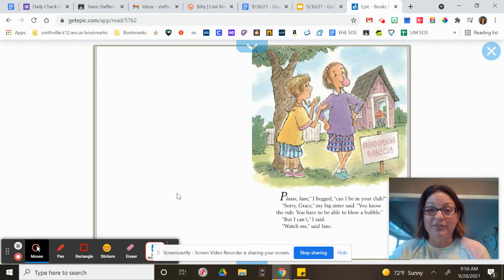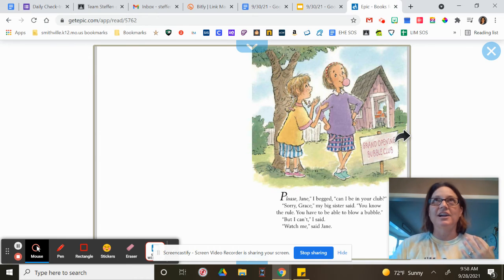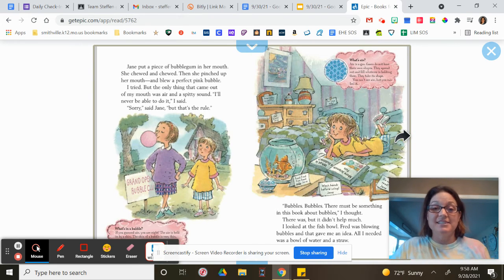Now, sometimes when we read books, the voices may change. But did you hear the difference? Each character had their own voice and they sounded a little bit different. Now, when the author was writing this book, they gave those quotation marks for each of those characters to come alive, and their voices, their reading like the character is different. Now, even if I go down here, this is where like the narrator would say it. But when you see these quotation marks, that is where the author wants that character to speak.